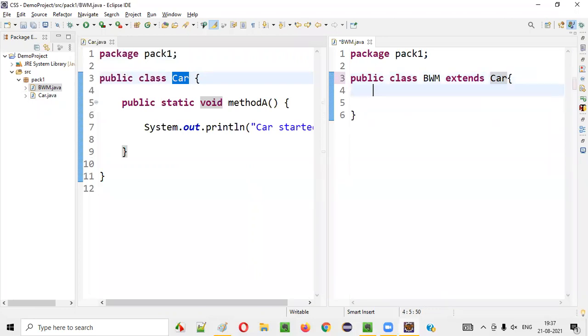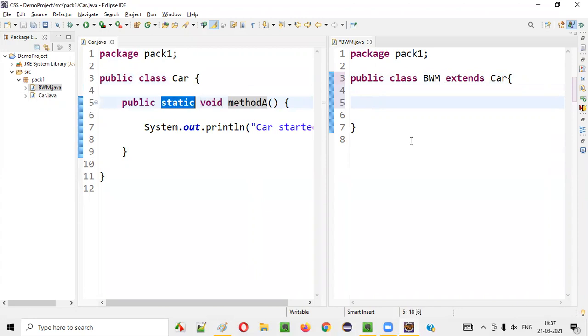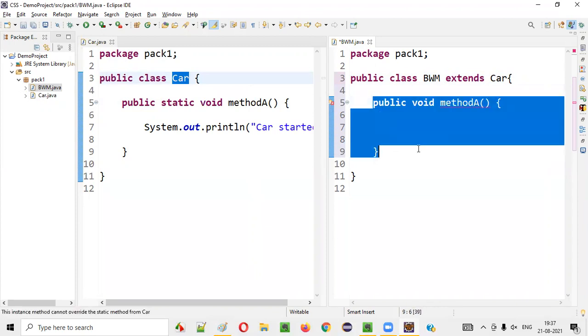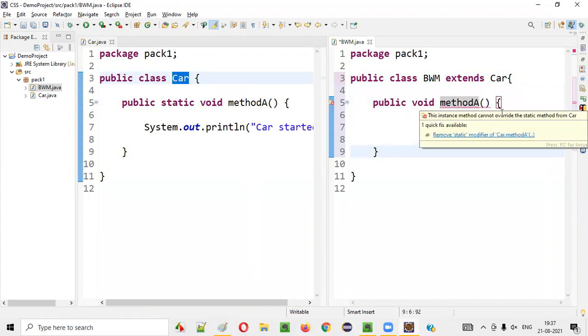Done. Now I'll create the method having the same name, but it will not have the static keyword. I'll create it like this: public void method A. You see, the moment I start creating this method having the same name as a static method in the parent class, since this is a non-static method, you're already getting an error saying that you cannot override.